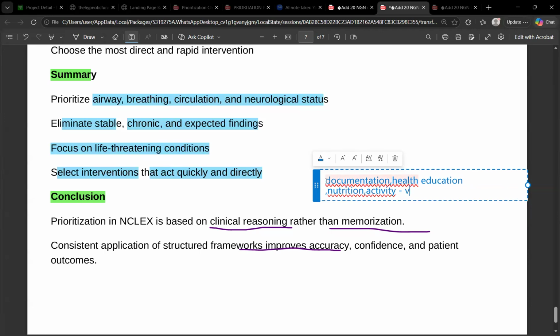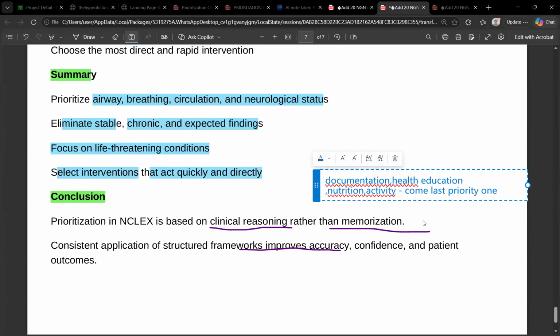All of this comes last when prioritizing. Okay, last priority. But see, even though all these things are least priority,